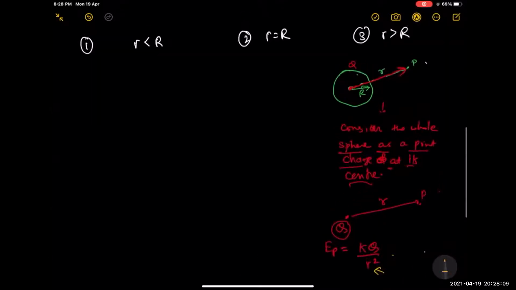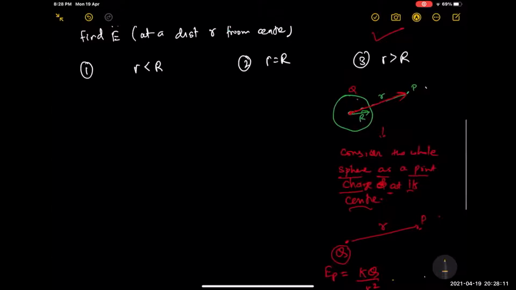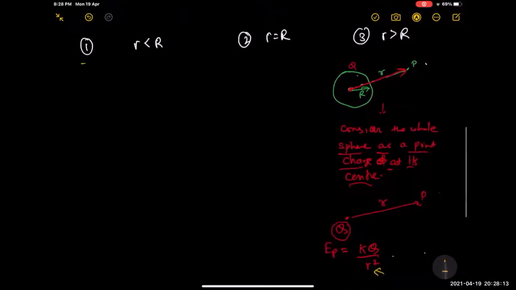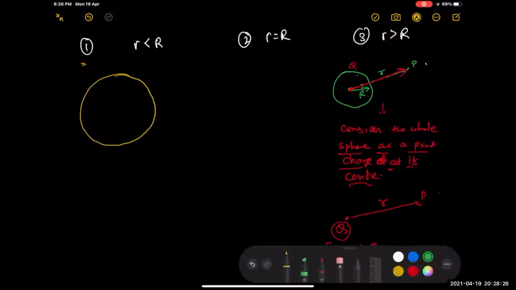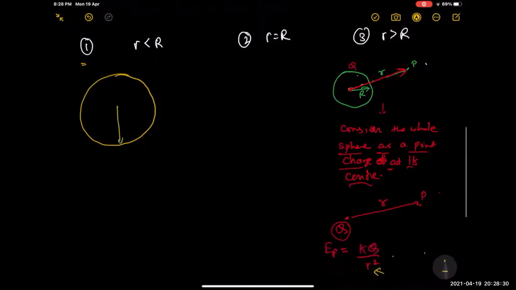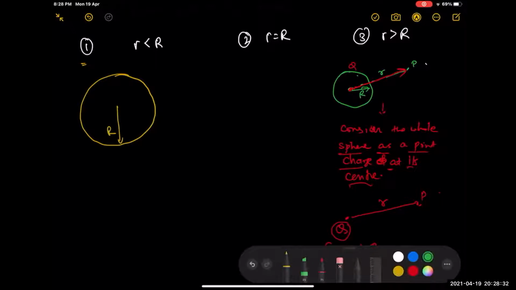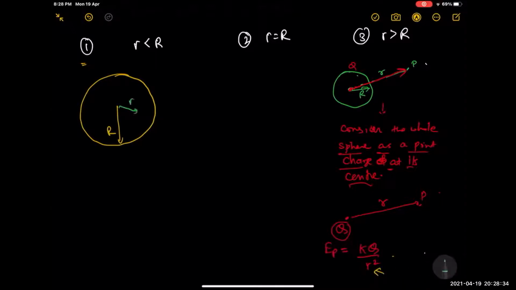Okay. Now the second case, the first case, sorry, is a little bit complicated. So what we say is that this is your sphere, and this is radius R. And what you need is the electric field at a distance small r, which is less than R. So you complete this sphere,